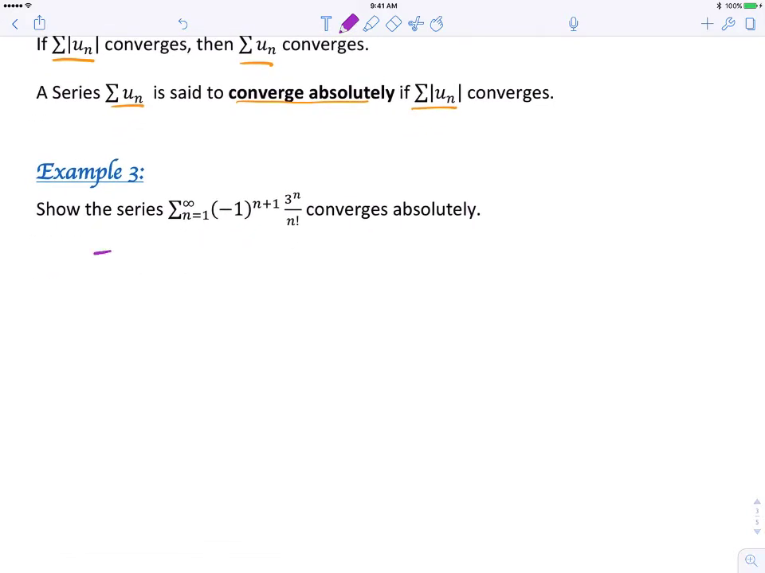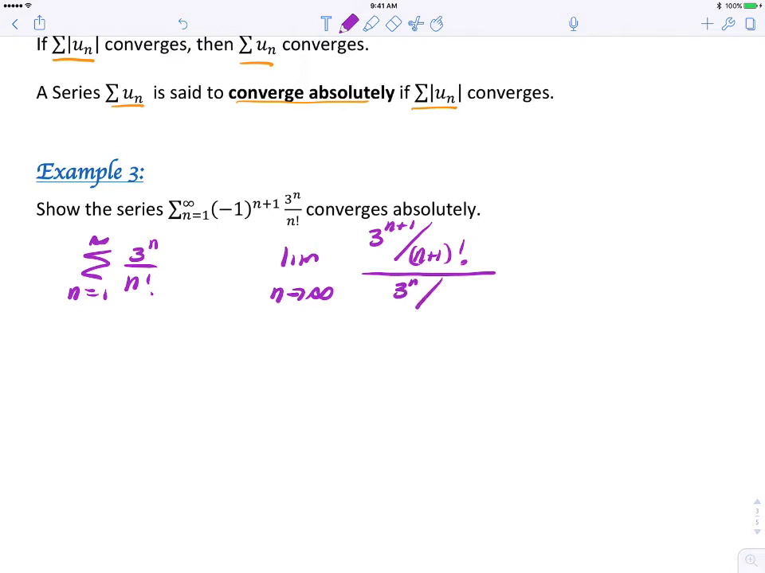So example 3, show the series converges absolutely. To show it converges absolutely, we're going to look at the series without the alternating sign and see if that converges. If that converges, then the series converges absolutely. And this looks just like a problem from previous sections, and we're going to use the ratio test on this. So I want the limit as n goes to infinity of the n plus first term, that's 3 to the n plus 1 power over n plus 1 factorial divided by 3 to the n over n factorial, and that's 3 to the n plus 1 over n plus 1 factorial times, inverting and multiplying,